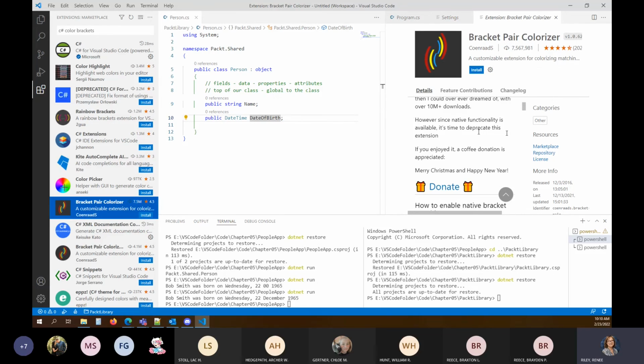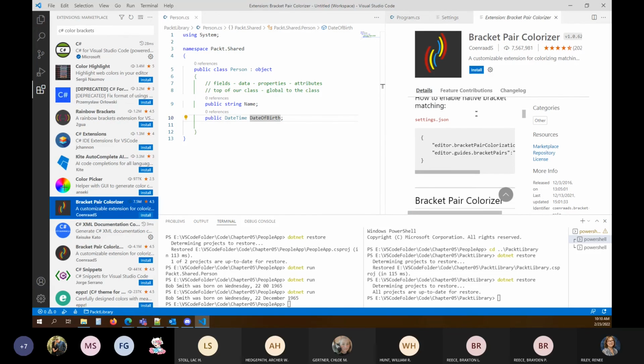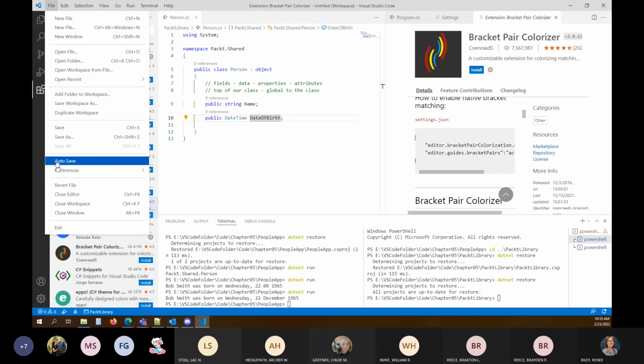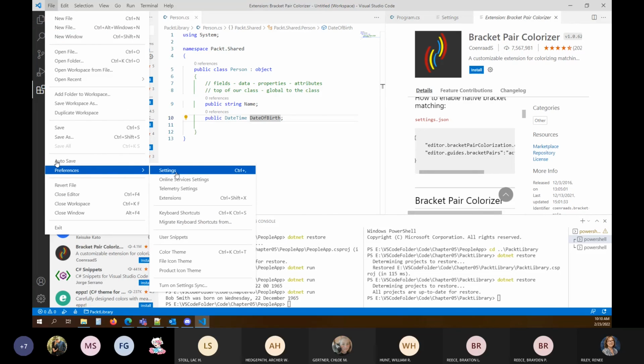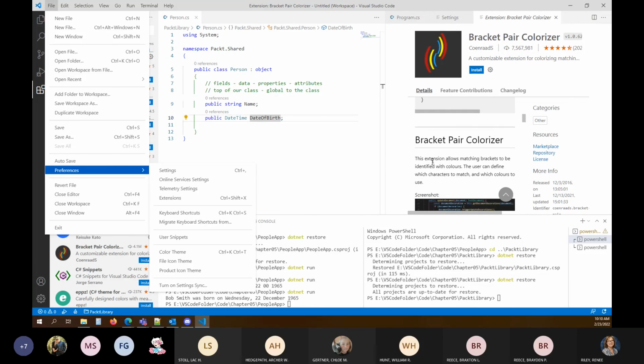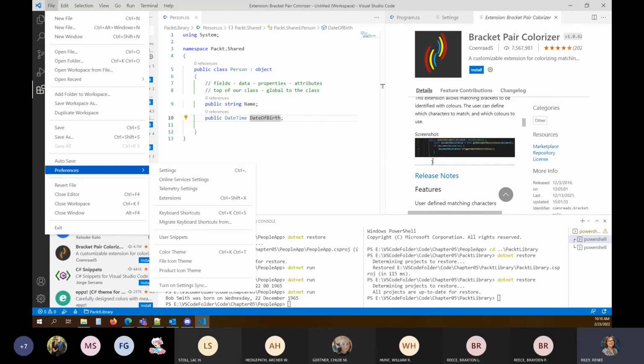And I found this bracket pair colorizer, and it says that it's in our settings.json file. I'll have to find it again.